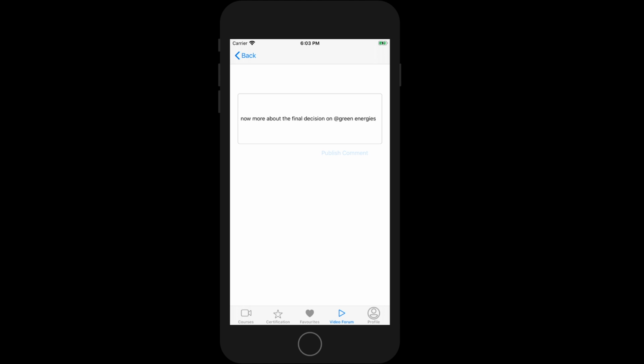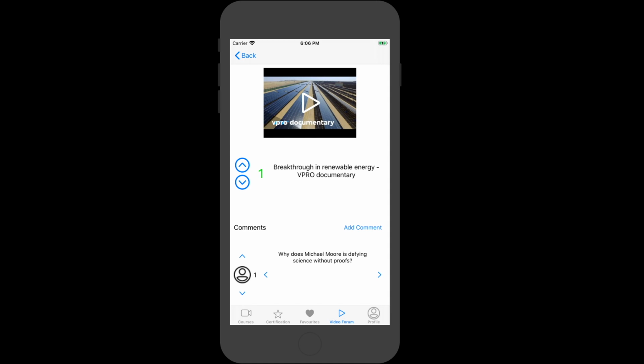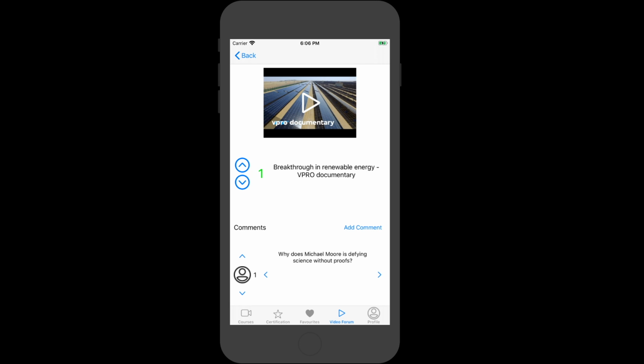So here you publish the comment, sending it for approval. You can only comment once per document. For example, I'm going to enter again. Okay, I already sent a comment, so I'm going to approve it. Let me approve the comment. Okay, it is approved. So if I enter again,